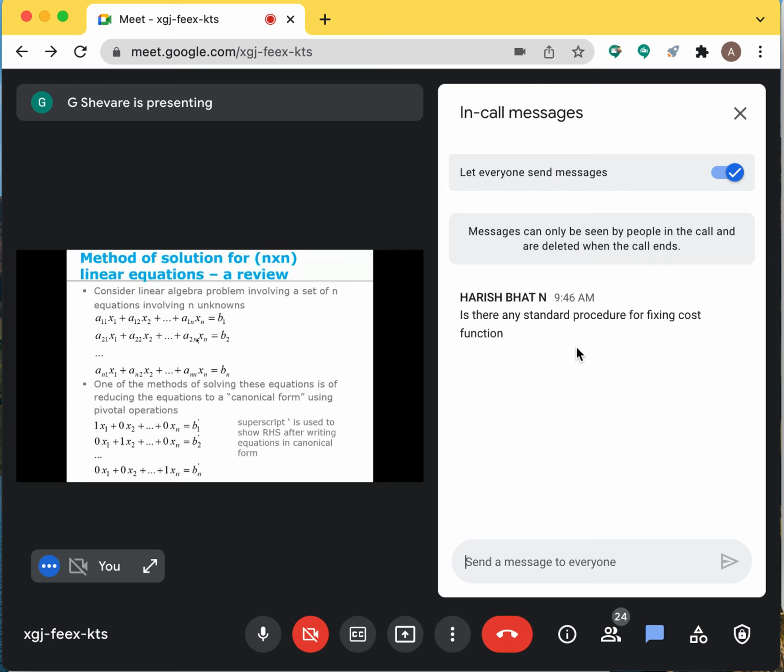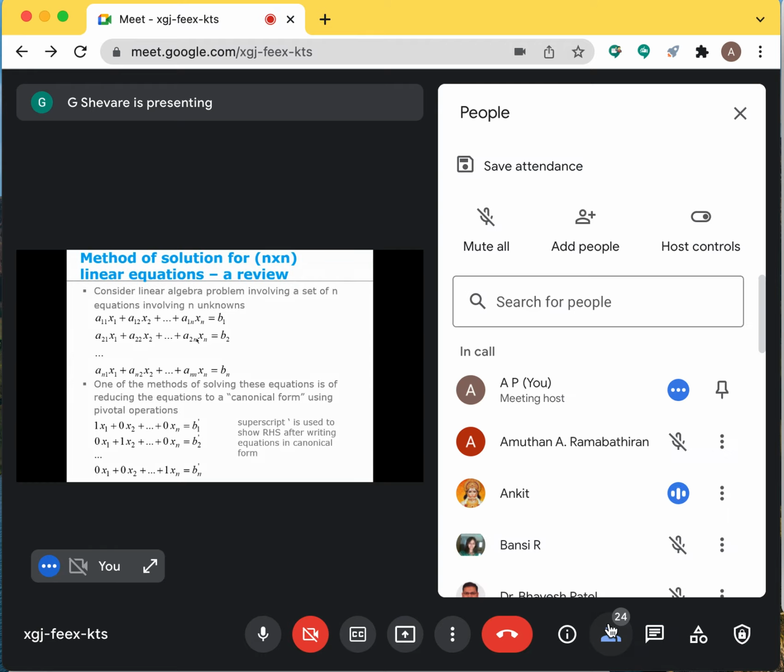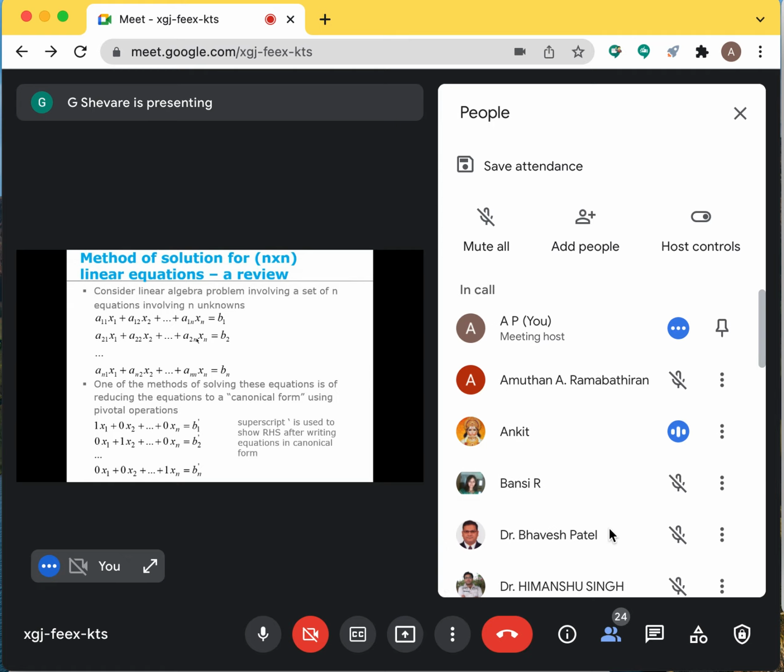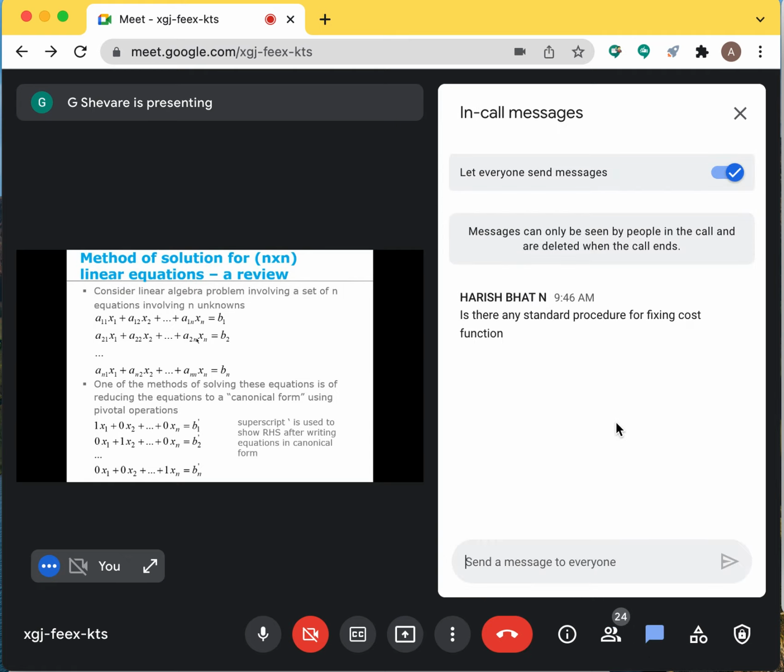Sir, I have a question. Yes, please. Sir, you have explained the solution to the LP problem with two variables. Right. In that, if C1 is less than 0 and C2 is also less than 0. Yes. One thing I have cleared: that if the two variables are less than 0, then it must lie in the third quadrant or in the first quadrant.